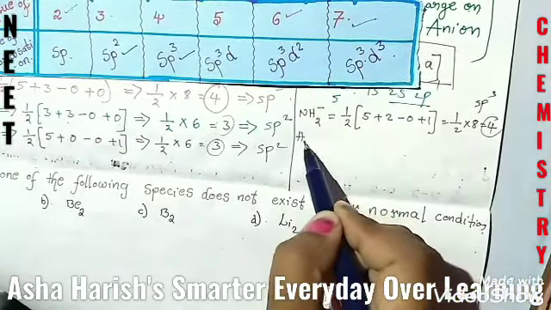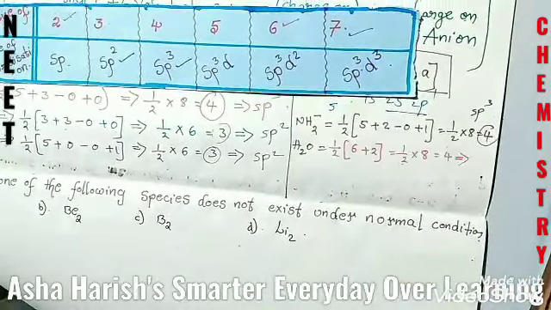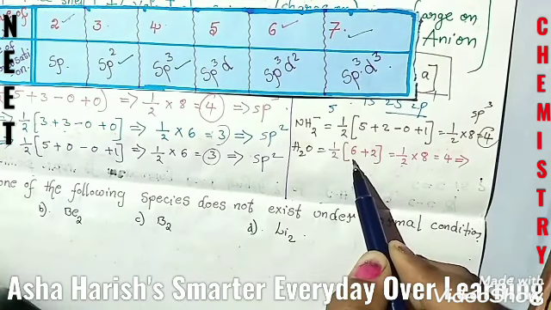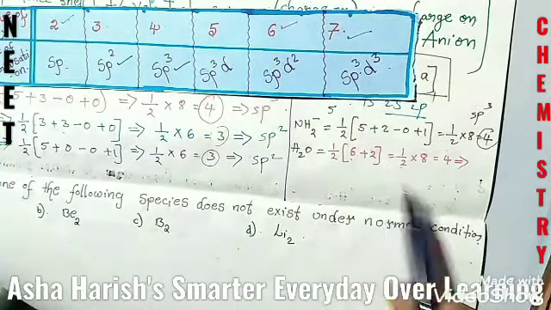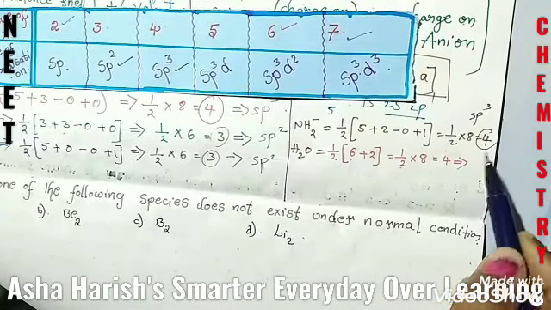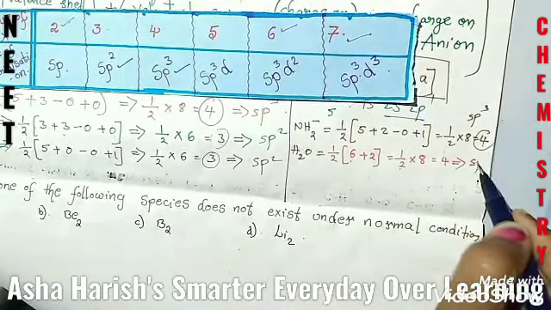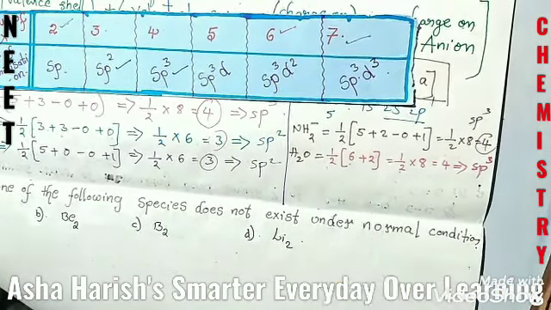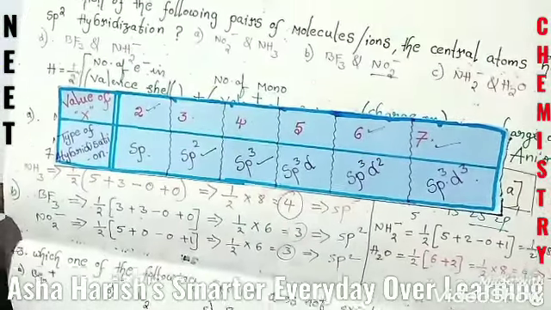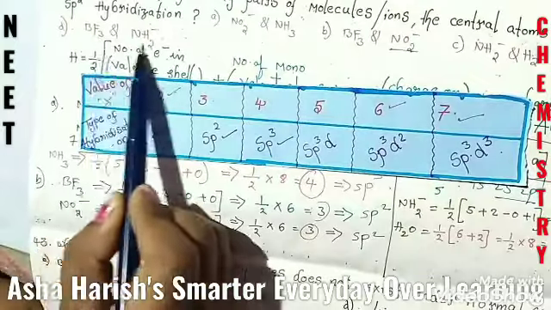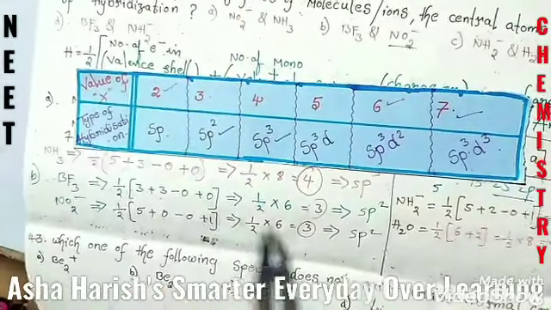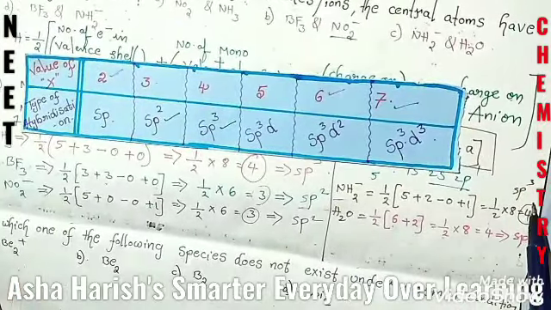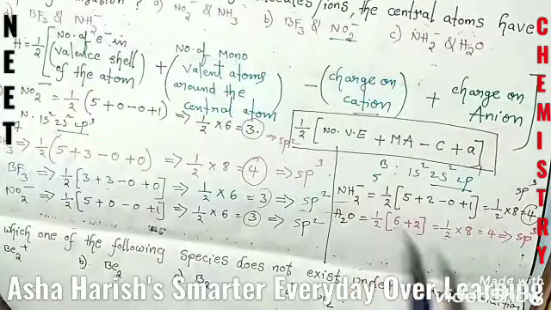And the next one students, for H2O, same students, here the central atom is oxygen, and the valence electrons are 6, half into 6 plus 2, then half into 8, that is 4. If it is 4, the hybridization should be sp3 as we did previously for NH2 minus. And students, for the next option, option D, BF3 and NH2 minus. Already for BF3 we got sp2 hybridization, and NH2 minus is sp3 hybridization.